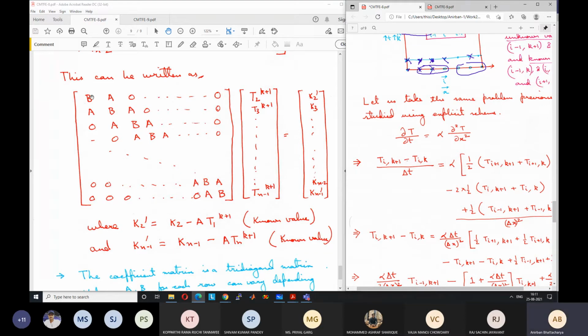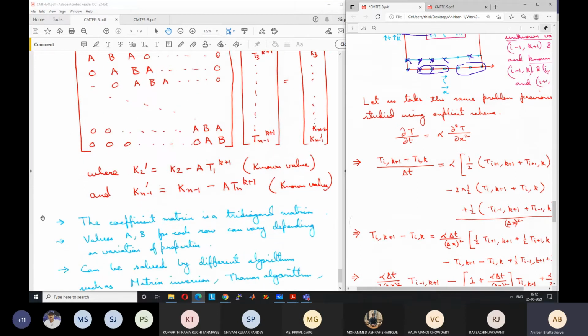Okay, one of the important properties of this matrix is that it is a very sparse matrix. It only has values along the three diagonals, and all the other values are zero. So this is known as a tri-diagonal matrix. Because it is a tri-diagonal matrix, we can solve this equation with much less computational effort instead of trying to use some brute force method like Gaussian elimination. We will discuss those things later in the course. Okay. But that is the idea.